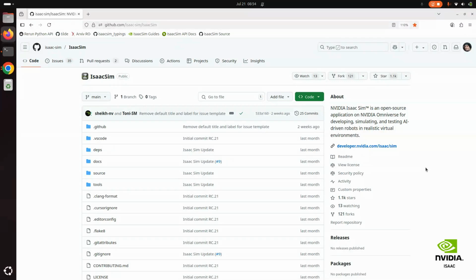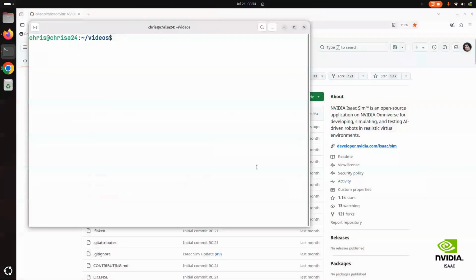Hi everyone, in this video we're going to be installing Isaac Sim 5.0 from source. This is not a rehearsed video, I have not done this before, we're going to be doing this live and seeing how it goes. For context, I am on a laptop computer running Ubuntu 24.04 and we have a